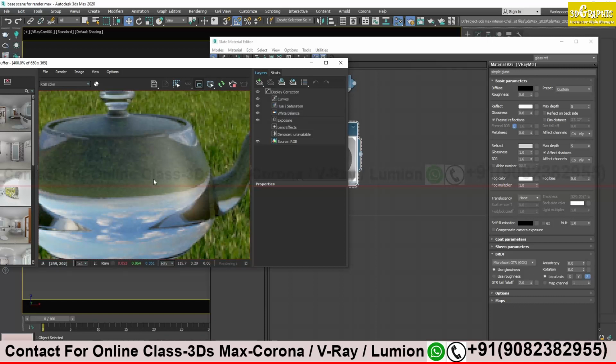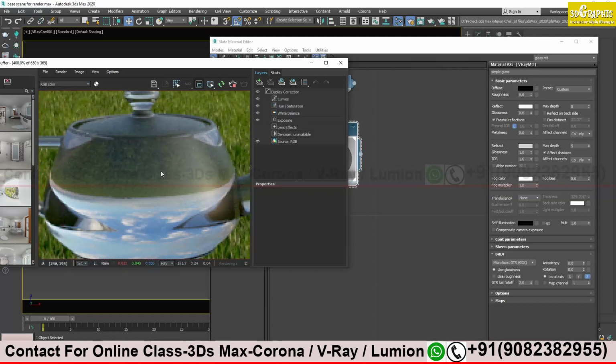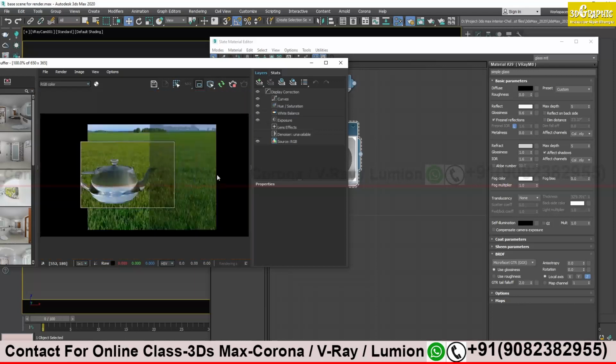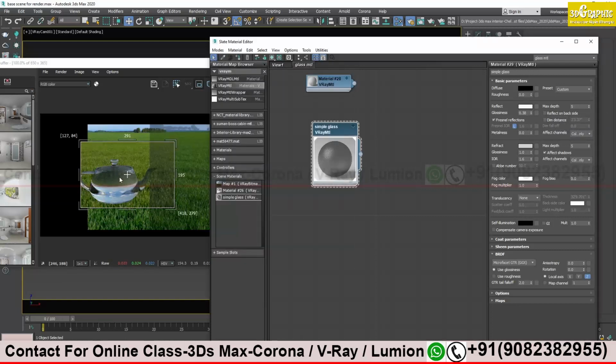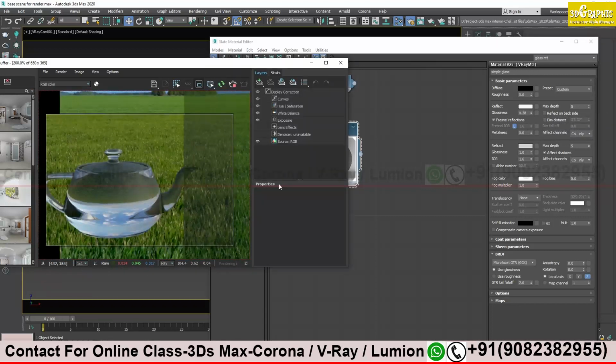Now in most cases people say we need some frosted glass. It should not be visible what is outside or what is inside the cabin. So you can reduce the glossiness to get that frosted effect. If we increase the refraction value, then again it will not work as frosted glass, because refraction is the amount of light we can allow to pass through. Yes, we can lessen the amount of light.